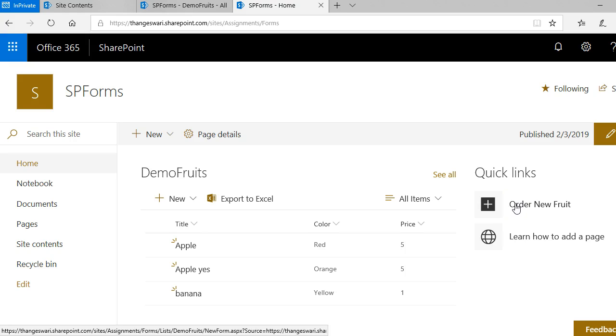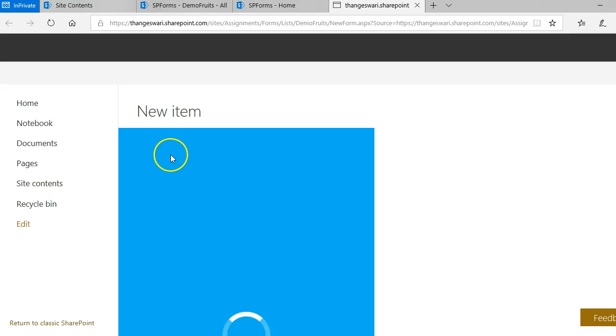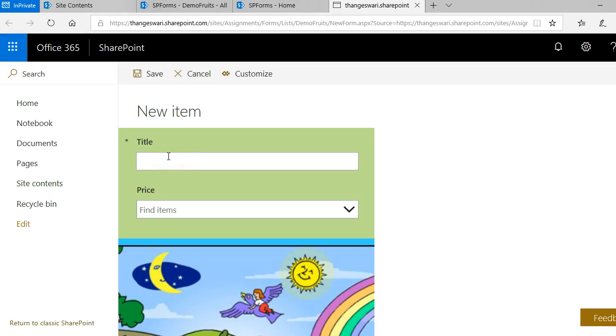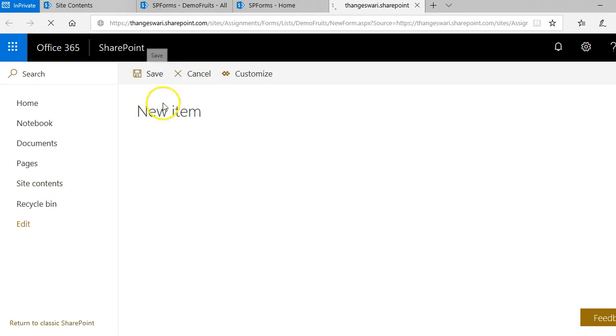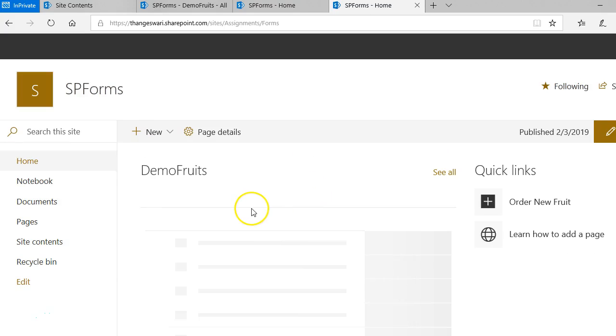You open up this page from your mobile and select this particular icon where you want to order a new fruit, and we'll just give the details. So let's say green apple, and let's choose the price as 10 and select save. Once it is saved, it goes back to the home page itself where our new Apple ordered items are